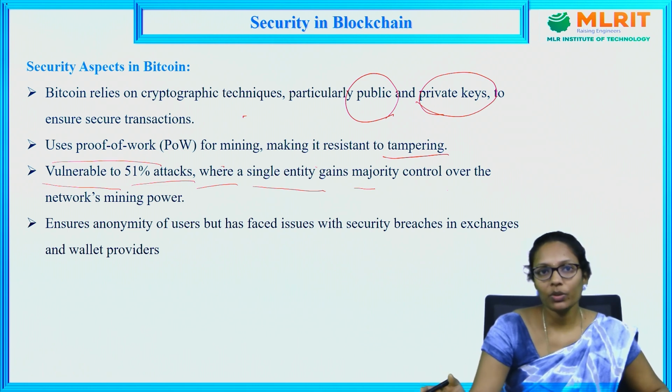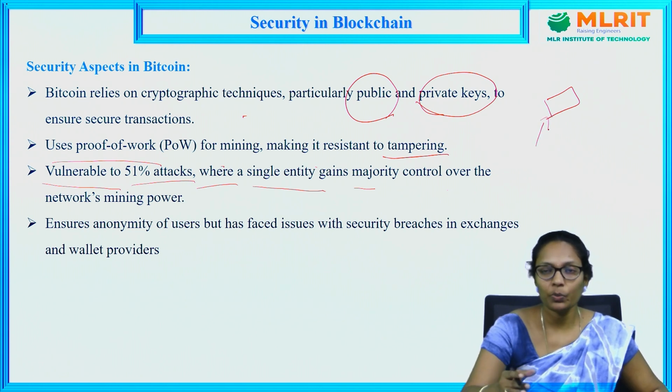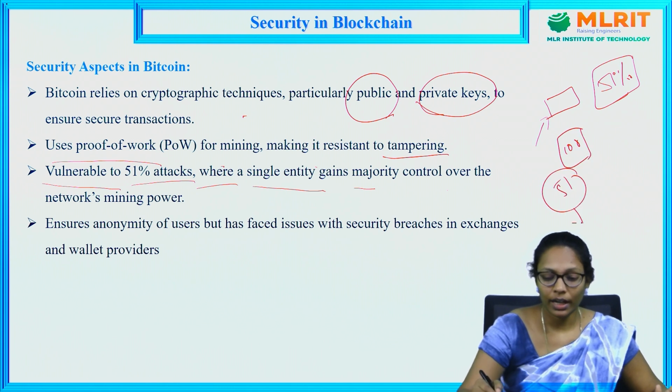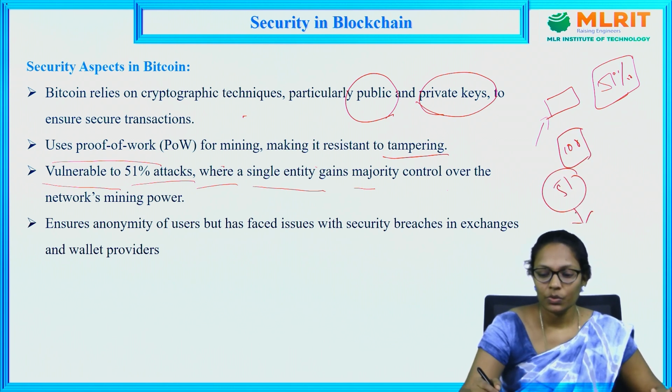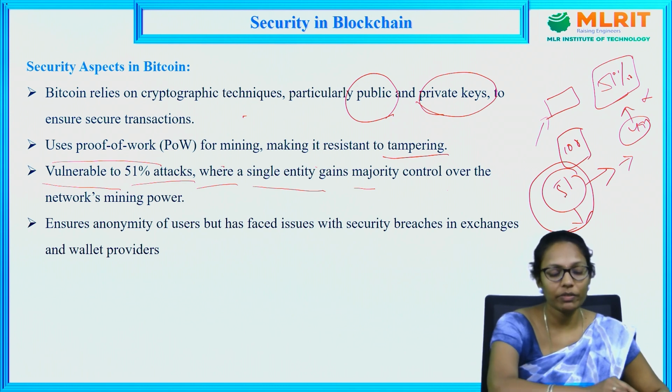Here, the majority of the voting decides, when I propose a block of transactions. How can I say whether this transaction is valid or not? Based on the number of votes. For example, we have 100 nodes. If 51 nodes are handled by a single authority which is not a trusted one, then obviously they will go with a wrong judgment. The 49 are valid users, but even if they vote properly, we cannot consider that. Why? Because 51 is a majority. That is called a 51% attack.